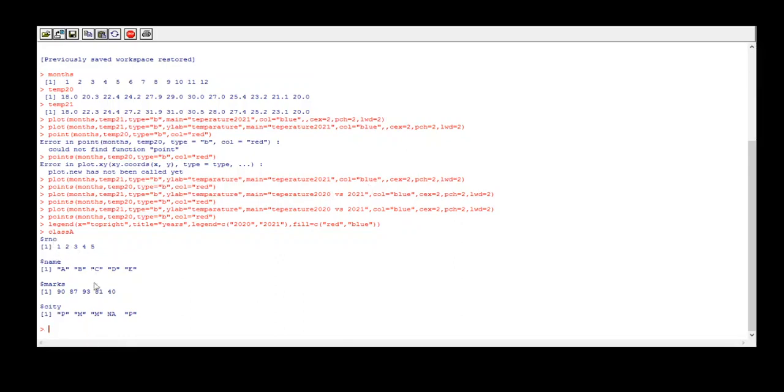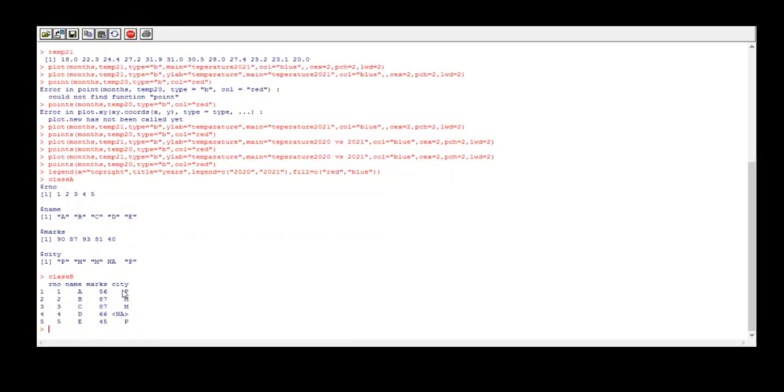Now here I have one list of class A, which consists of information about 5 students. I have one data frame called class B, which also consists of information for 5 students. Now as I told you, plot is a generic type of function, that is, it can create a graph for different types of input objects.